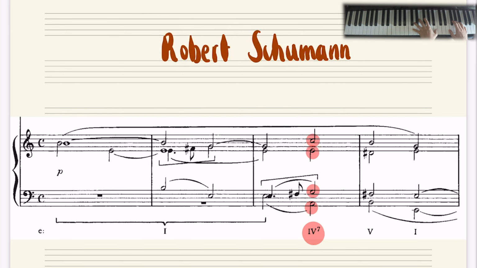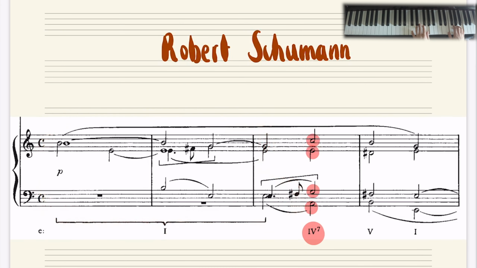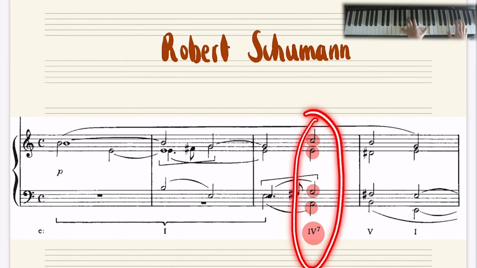Schumann starts with the tonic, of course, extended over the first 2.5 measures. Then halfway through measure 3, he uses that 4-7 chord,